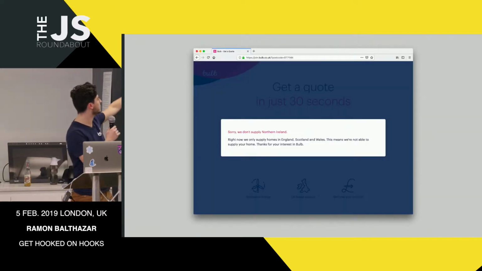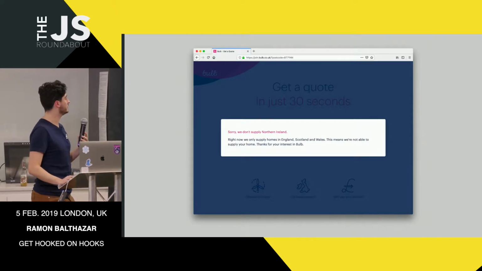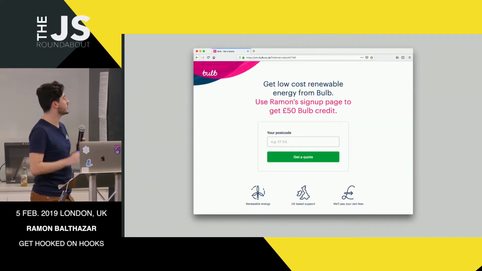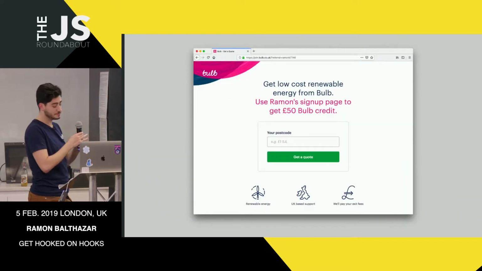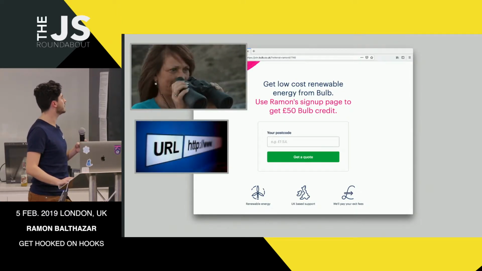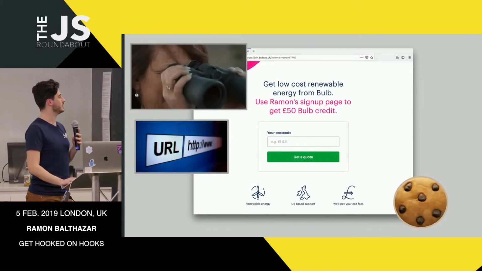For example, we don't supply to Northern Ireland, so we need to check that with our server. We do A/B tests. There's our referral program that happens here too. There are a lot of things. There's analytics, there's URL decoding and encoding, there are cookies. Man, there are a lot of things going on here.